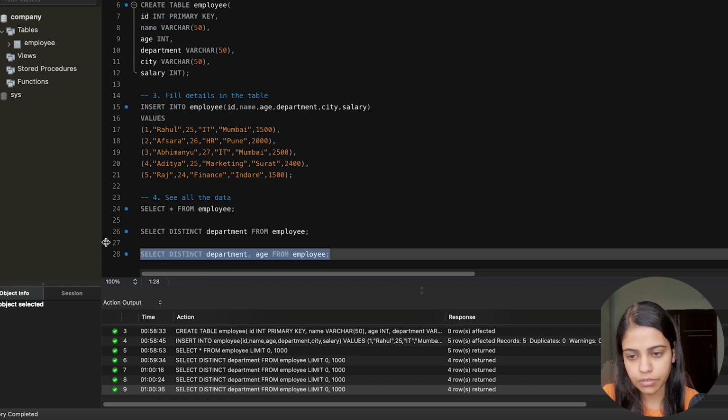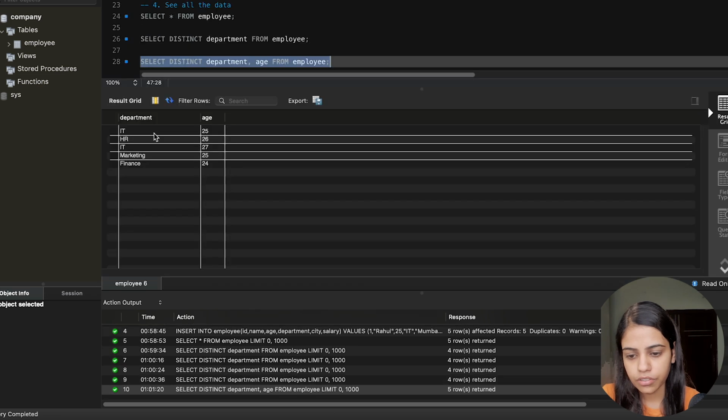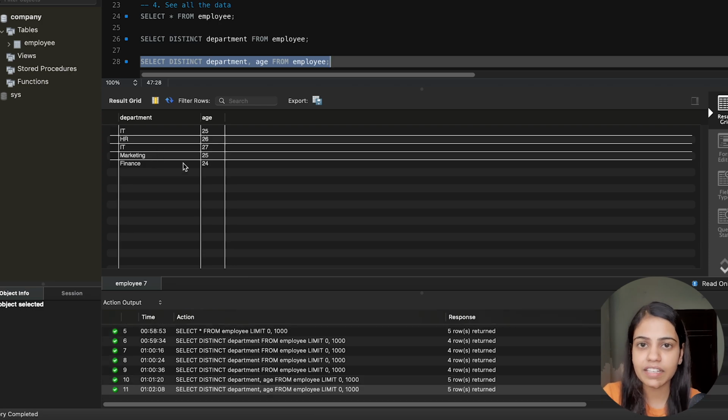Let's execute this query. Once you execute it, you can see IT, HR, IT, marketing and finance, and with the first IT the age is 25, with the second IT the age is 27. In the department column IT is repeated twice, but when we look at the combination of department and age, that is IT and 25, IT and 27, there is no other combination existing with the same values. In this way we get the combination of distinct values for two columns.